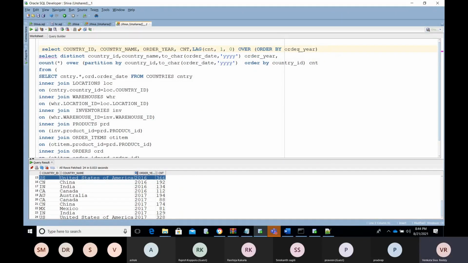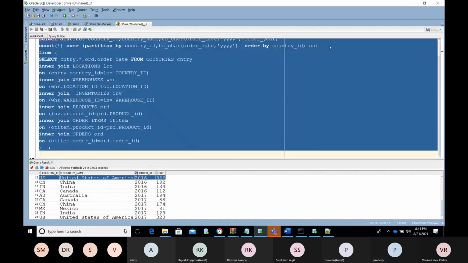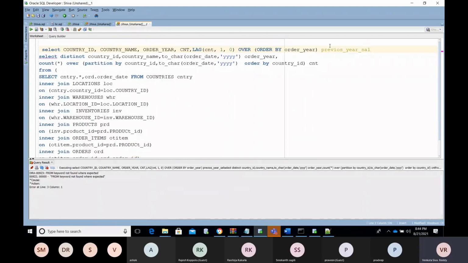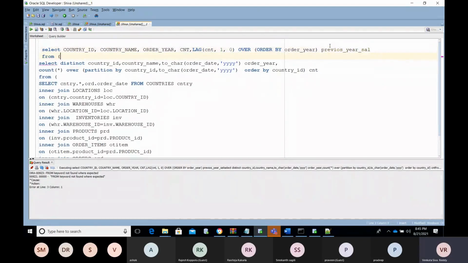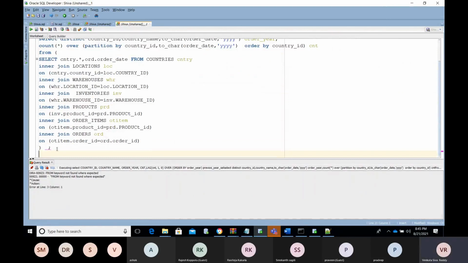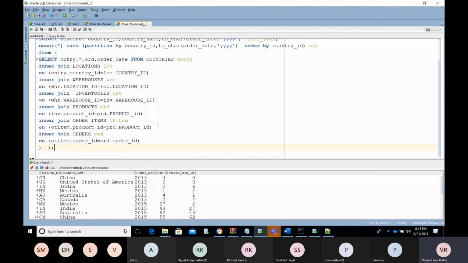Now I'm going to fetch the previous. I need to use the inline view, right? For that reason, see in the previous year 2013 I don't have any. Wait, you can understand very clearly.